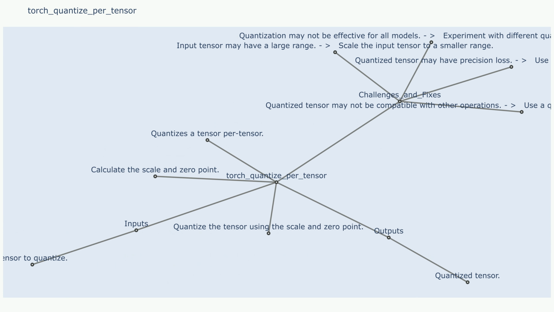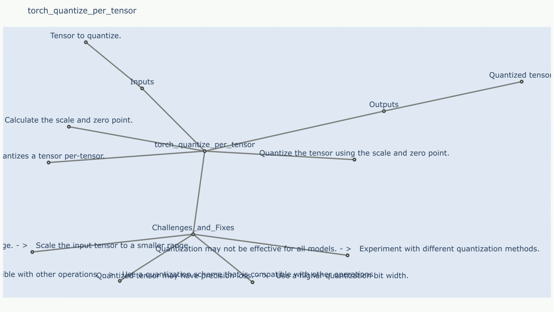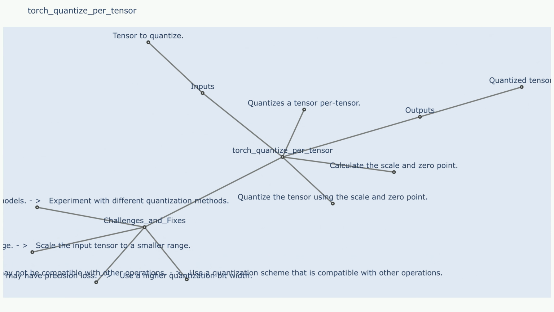Zero point: the zero point used for quantization. It must be an integer. Quantized tensor: a tensor of the same shape as the input tensor, but with quantized values. The data type of the quantized tensor will be torch.quint8 or torch.qint8 depending on the input